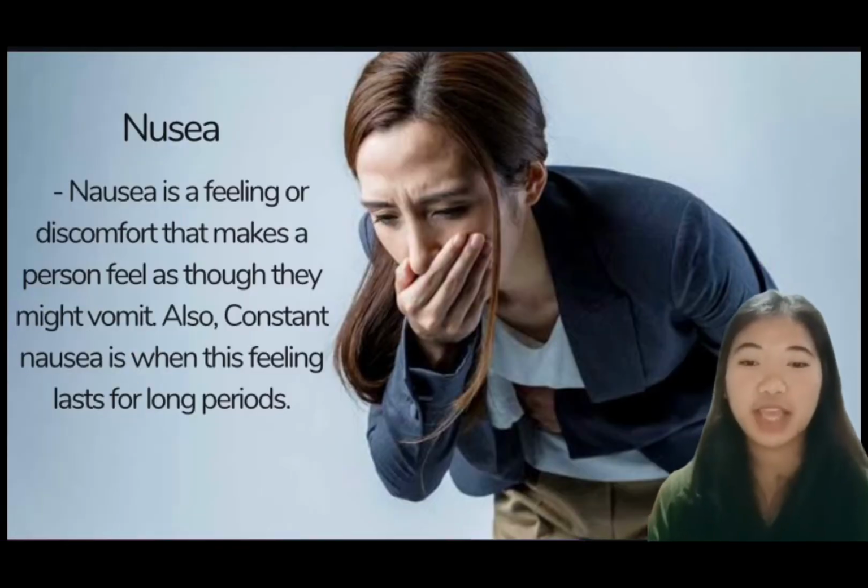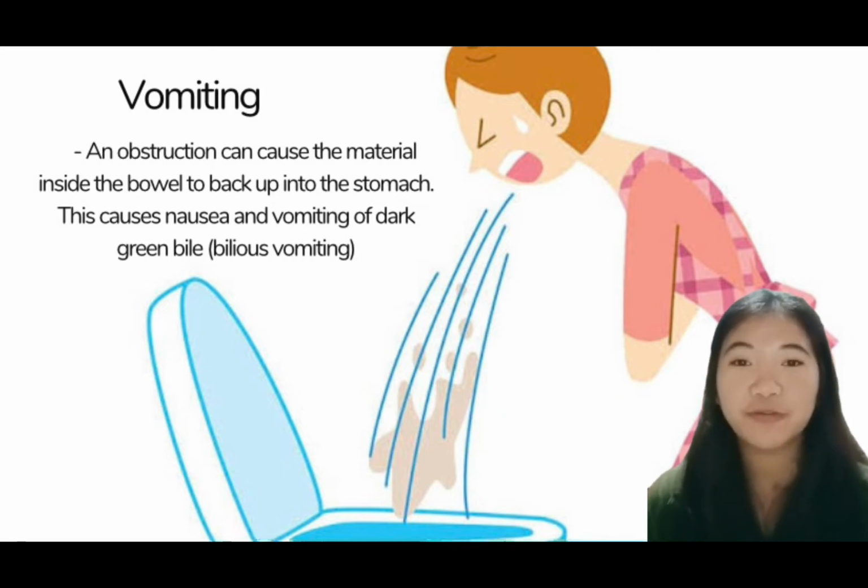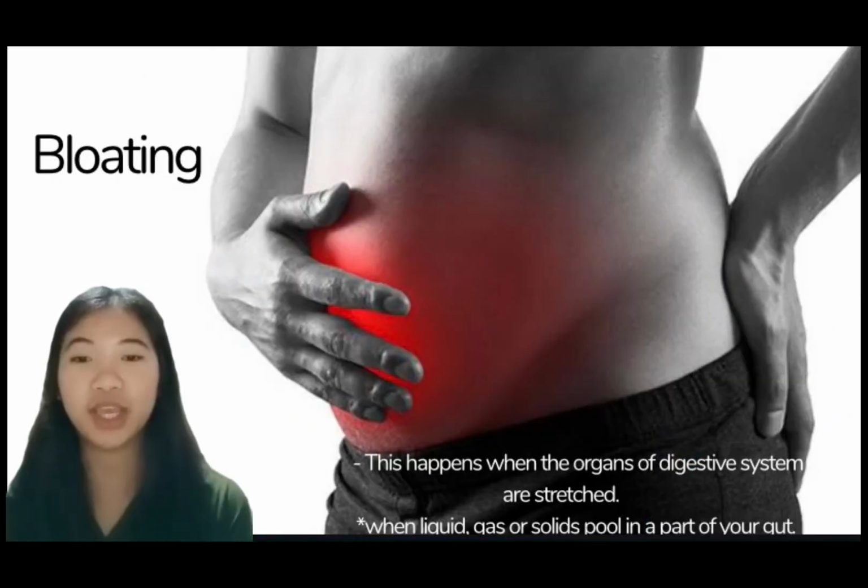Next is nausea. A person who experiences nausea may feel as though they are about to vomit. When this sensation persists for a long time, it is called constant nausea. Next is vomiting. The contents of the bowel may back up into the stomach due to a blockage. This results in vomiting bile that is a dark green color, or bilious vomiting. And bloating. This occurs when the digestive system's organs are stretched, when a liquid, gas, or solid accumulates in a